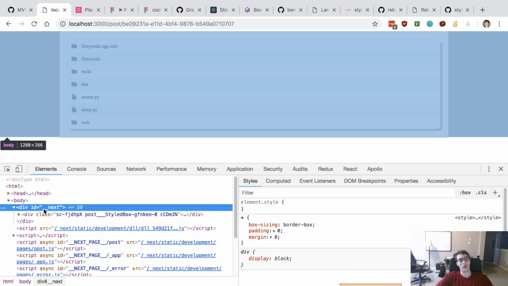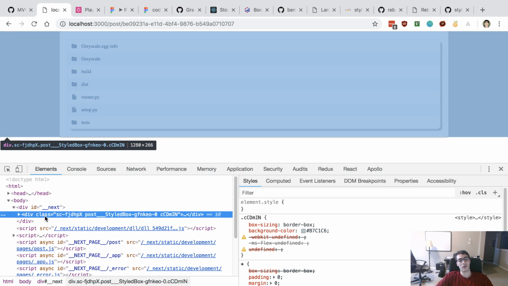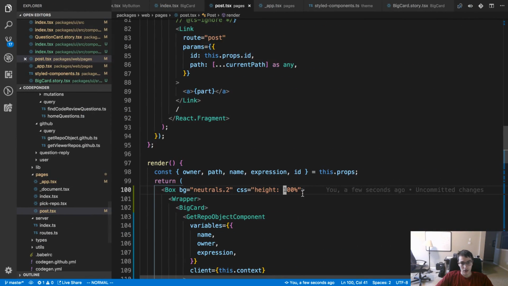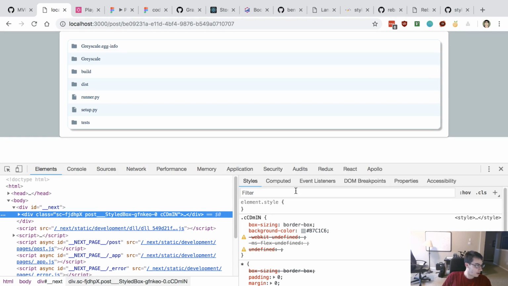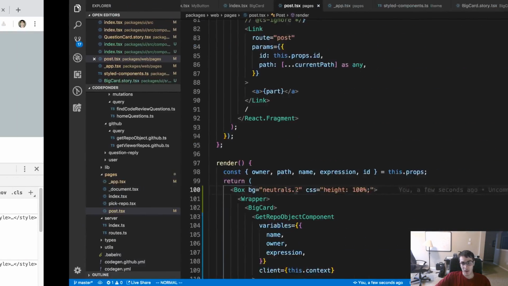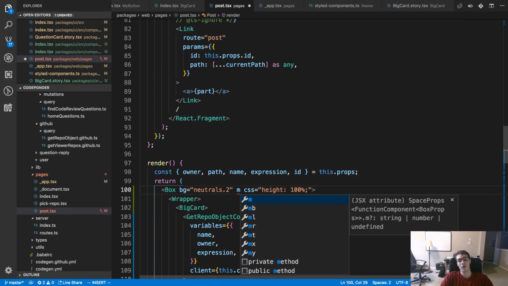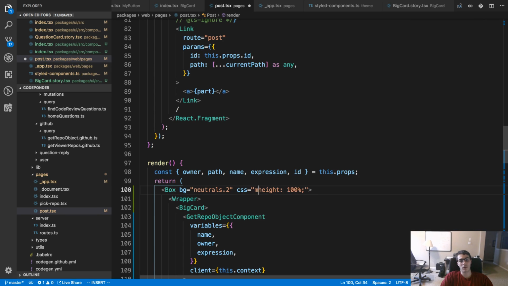So this extends to the bottom. And so I was thinking adding the height as 100%. Do I want min height? Maybe min height's better. I don't think they have that property either, so min height.